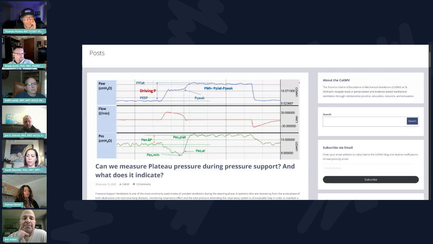So, I just put a graphic up for you, Eric, just explaining when someone's like, what do you mean the plateau pressure could be higher than my set pressure? And this is an example. You don't normally see the effort of the patient, but if your ventilator allows a plateau pressure during pressure support ventilation, then if you see this happening, this just indicates the elastic recoil of the lungs, and the absolute driving pressure is the true driving pressure that the patient's probably feeling rather than what we see on the ventilator. So it's confusing when people do this and they think something's wrong with the ventilator, but this is actually the difference between this and this, called PMI.